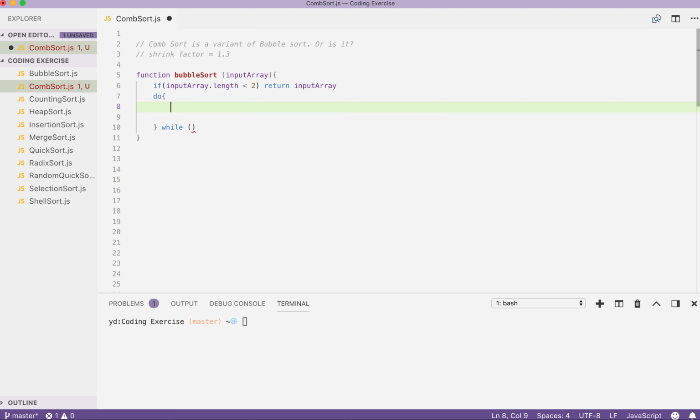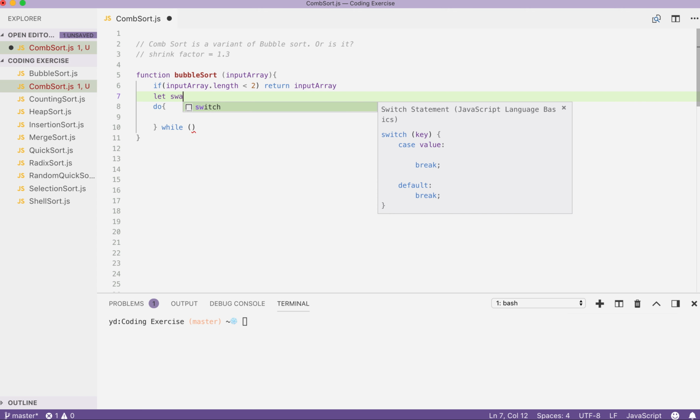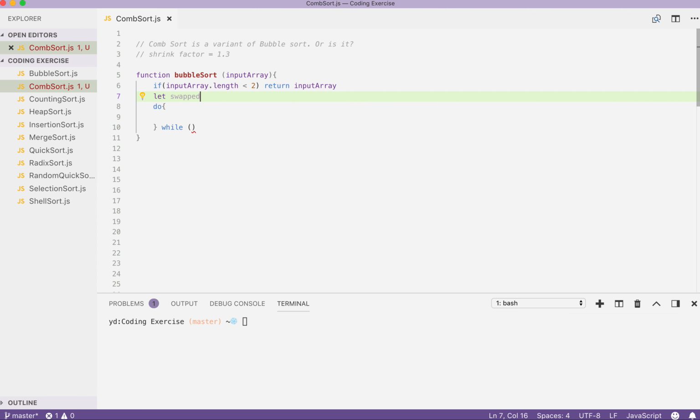Passing condition first, and we need a variable called swapped. This is the indicator. This is a very important one. We will talk about this later. So in the beginning of the do while loop, let's set the swap indicator to false, and let's start loop